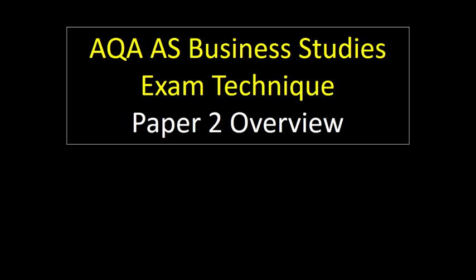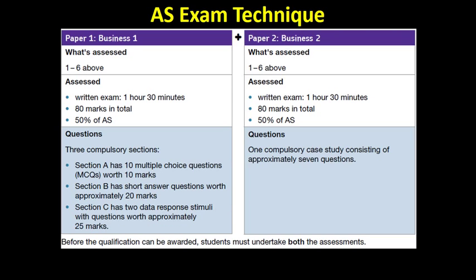This is Mr. Evans. In this video I'm going to do a quick overview of the Paper 2 exam. So the Paper 2 exam, it's worth 50% of the final AS grade, 90 minutes, 80 marks, and what's assessed